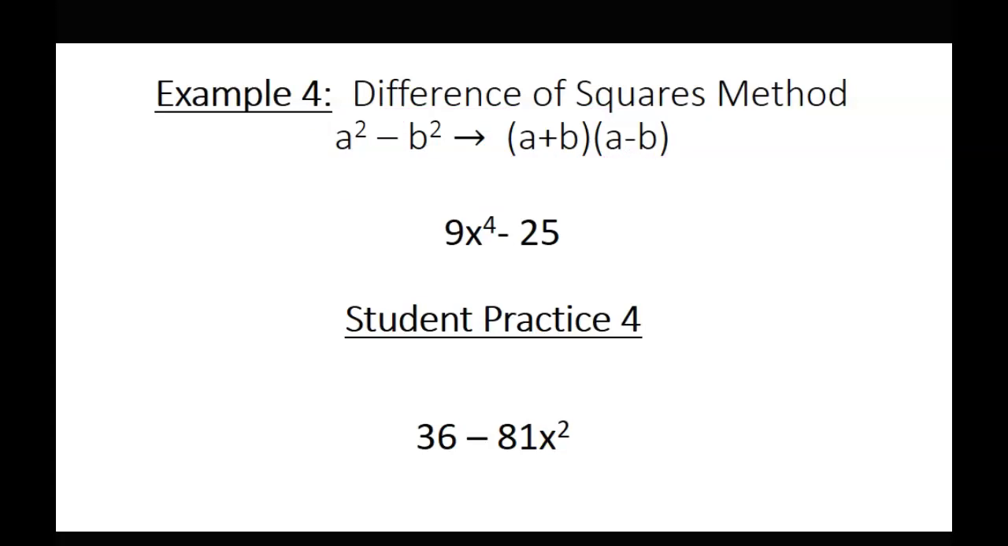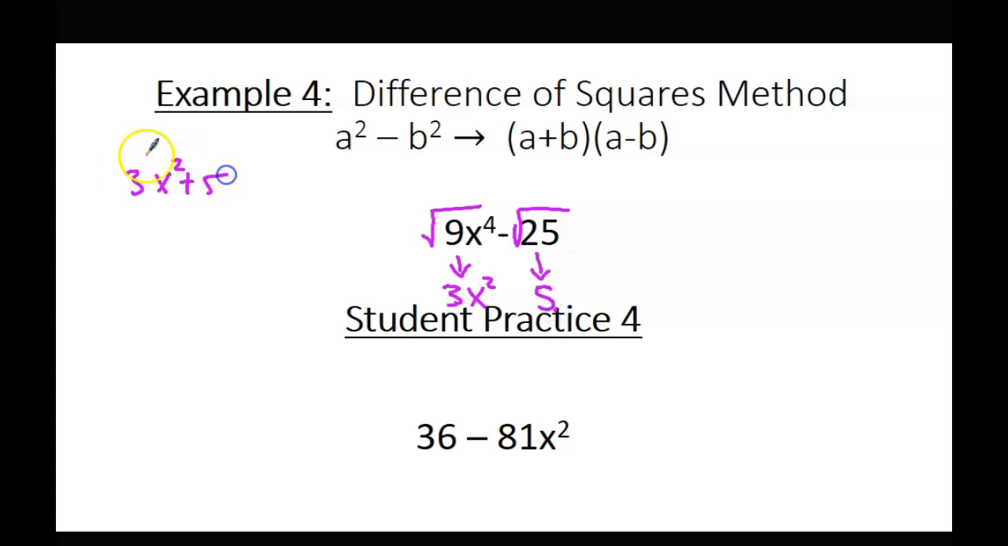So here we go. Let's do this. What is the square root of 9x to the 4th? Close. 3x squared. What's the square root of 25? Do you notice how I'm ignoring the little negative there? It doesn't matter because we're using a formula. Formulas take care of negatives for you, usually. So I got 3x squared and 5. So this is like my a, this is like my b. So my final answer is going to be